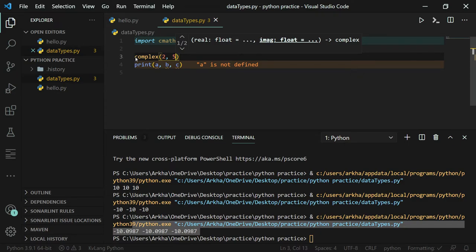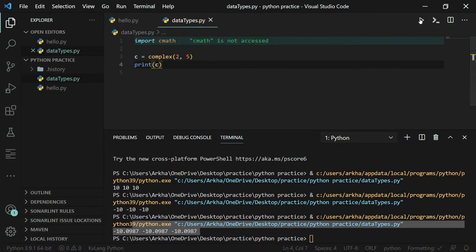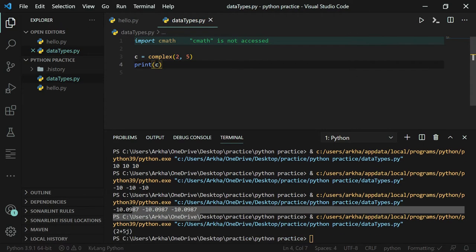We need to store it in some variable. c equals to complex of 2 comma 5. Let's just remove this and print c. So we have it here. Hope you can see it. 2 plus 5j, that is a complex number, of the form a plus ib.